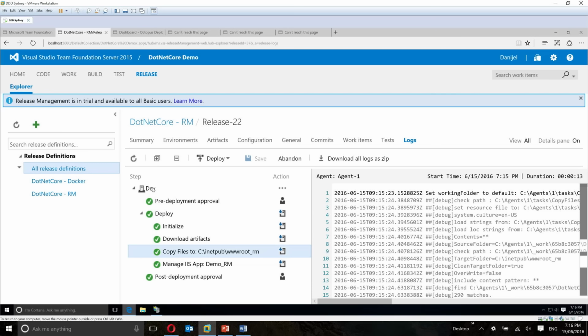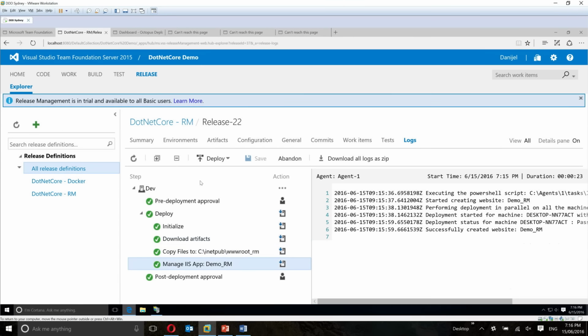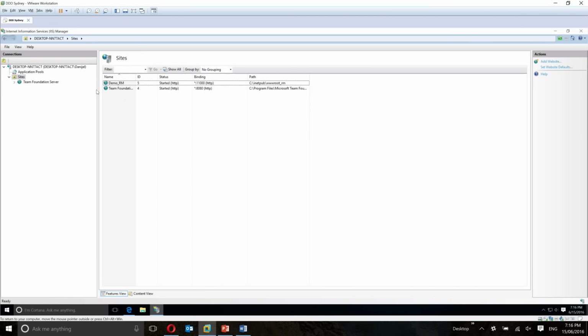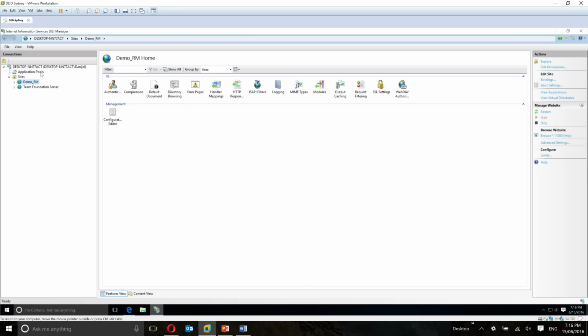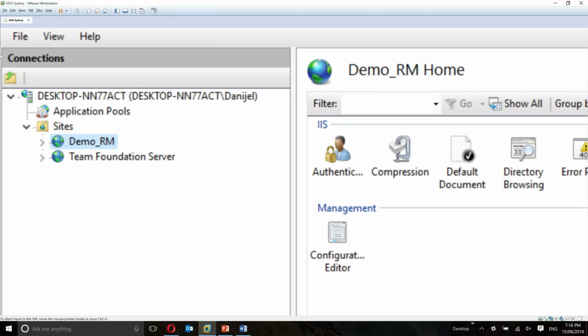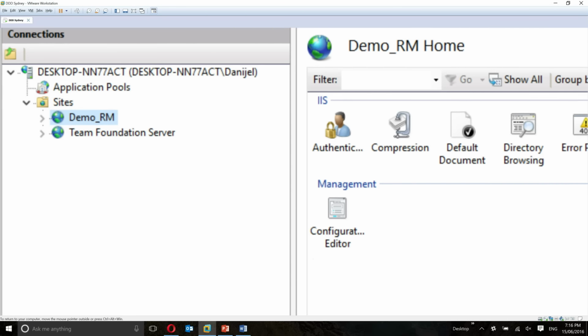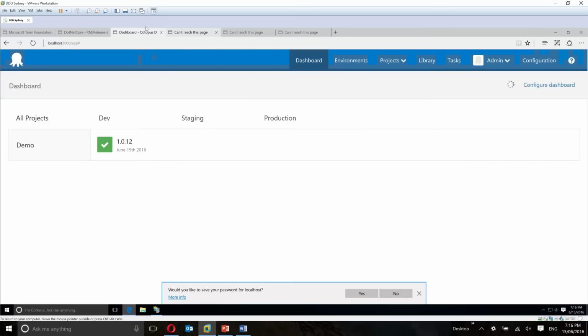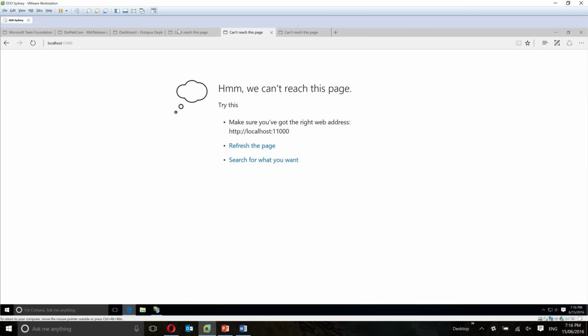So whatever I had in TFS, it's not on my machine anymore. It's somewhere in the TFS database. And then it sets up the web page. And let me have a look here. If we go and if we do F5, I have a new website. It's called demo_rm. And this site is running on port 11,000. So this is 11,000. If I refresh this now,